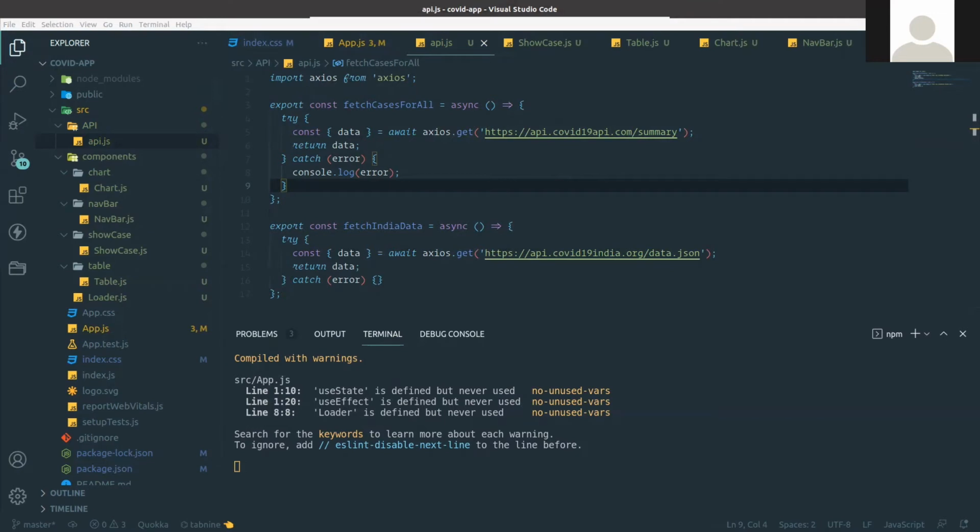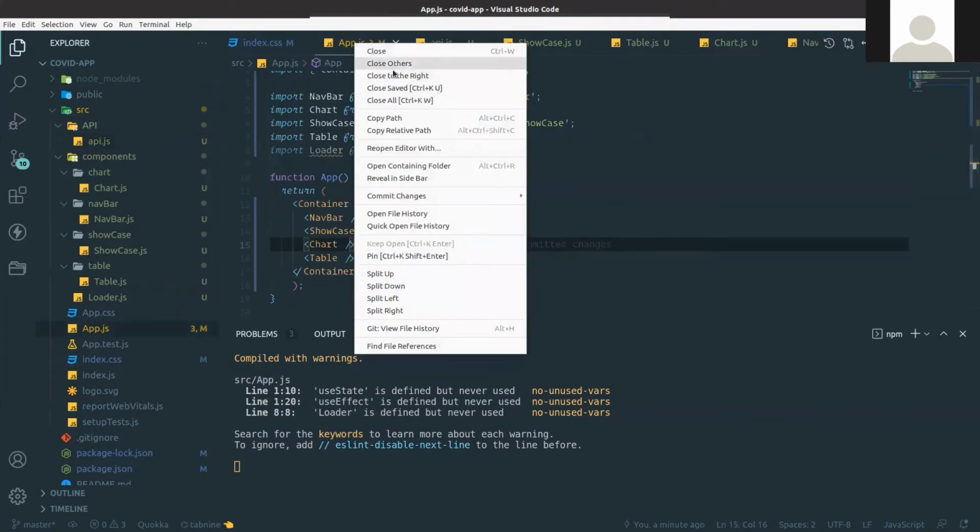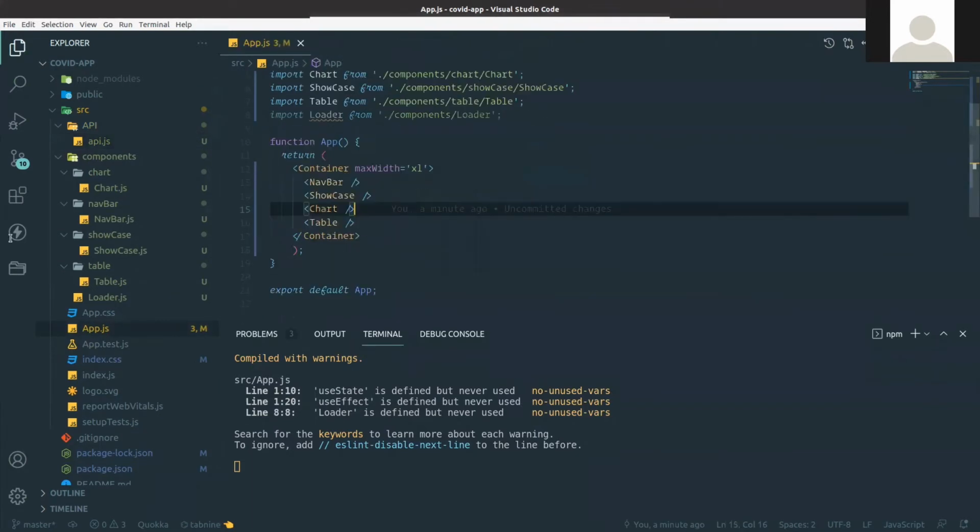So this is the Indian API. You can see COVID-19 India.org. These two APIs we're going to use to fetch all the COVID-related information. It will give the total recovered, confirmed, new recovered, confirmed, all the data I already showed over there. So now go back to that app.js file.